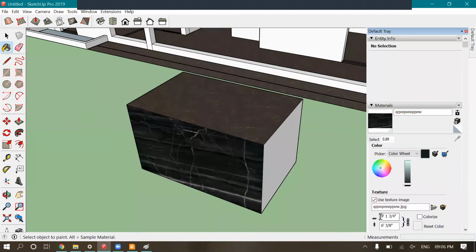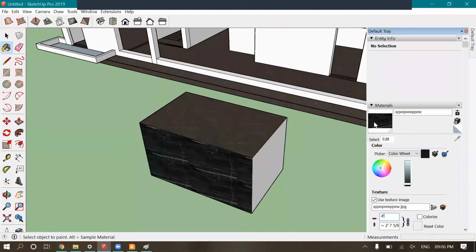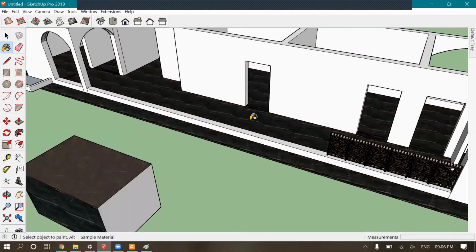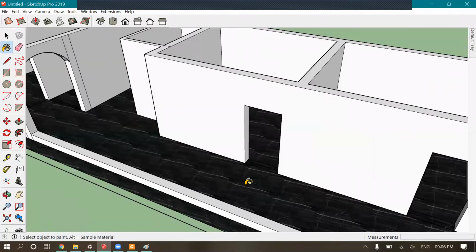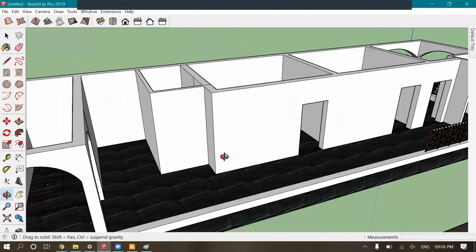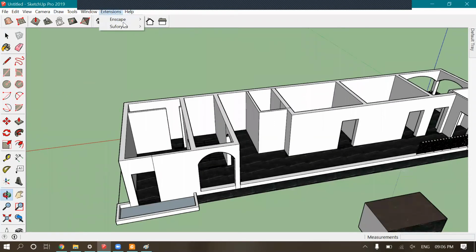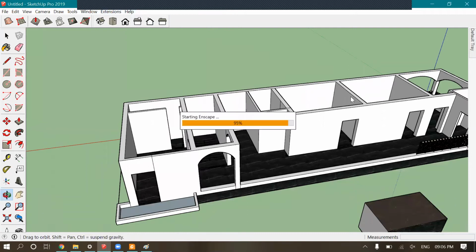Here you can put the actual size of the tile. I'll be using 4 feet. Okay, let's use it. So here it goes. Now if you just render it, you can get a better position.